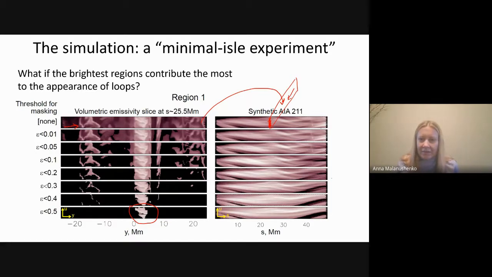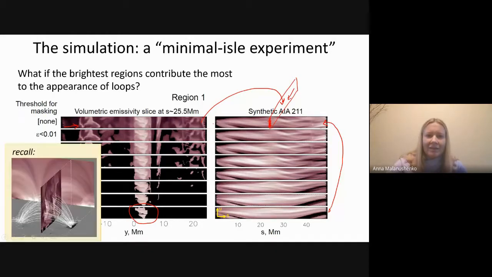But as you see, if you compare the top and the bottom integrated volumetric emissivity, you will see that the picture of loops is markedly different. You see different structures. It is true that the image in the bottom row is basically a subset of the image in the top row. To get the image in the bottom row, I integrated a sub-portion of the volume. So in a sense, this image in the bottom row is fully contained in the image in the top row, but it does not make the major contribution to the features that we observe.